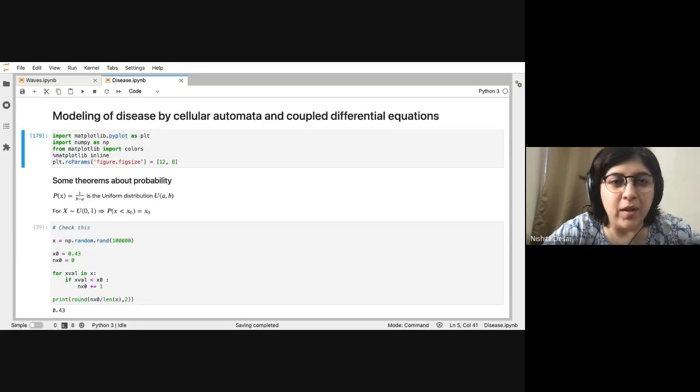Today we are going to look at some applications of all the techniques that you've been reading so far. This is going to be something slightly different, not normally something that we encounter in our physics textbooks, but I thought it would be relevant, especially because we are in a pandemic situation now.